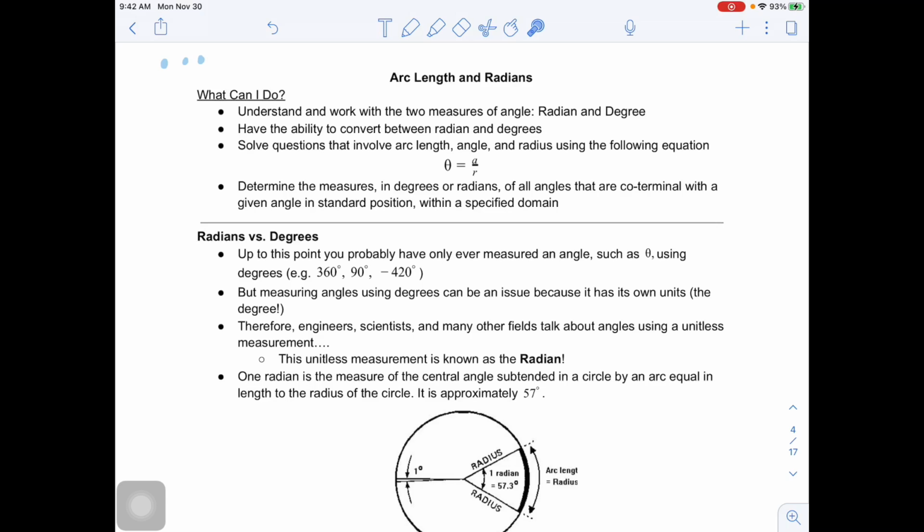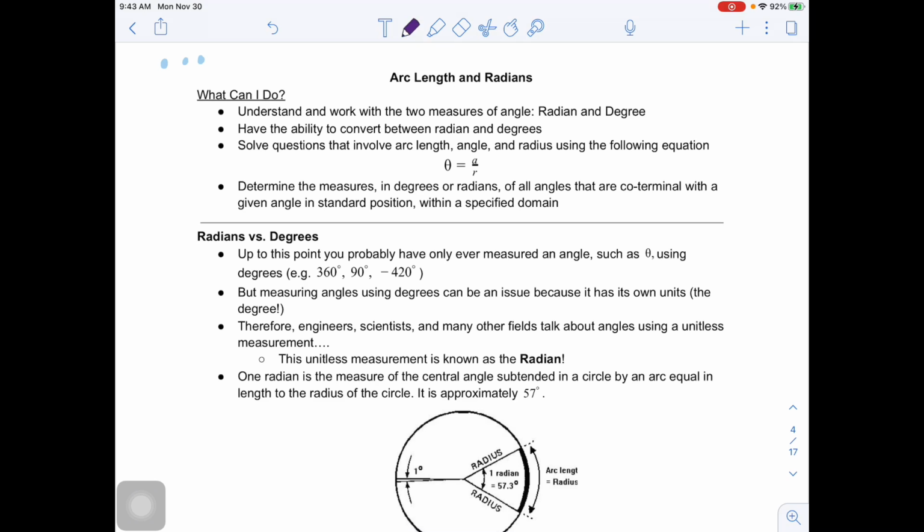So in this video, we are going to talk all about arc length and radians. Okay, so here's what you're going to have to be able to do. You have to understand how to work with the two measures of angles, radians and degrees, and be able to convert between these two things. We'll also learn this nifty little equation where it involves arc length, which is our A value, our angle,